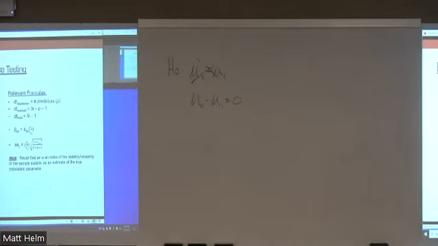Wait, so to get t, you said it's your standard error divided by what? Slope over the standard error? Yep. So here's my statistic. Anytime you take a statistic divided by a standard error, it's going to give you a test statistic, right? So here we've got an unstandardized coefficient divided by my standard error, which is going to give me a t distribution. So my unstandardized regression coefficient falls on a t.